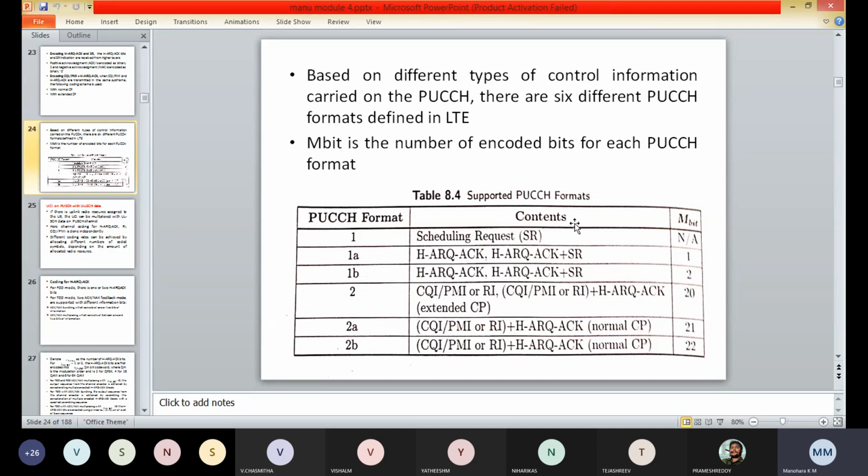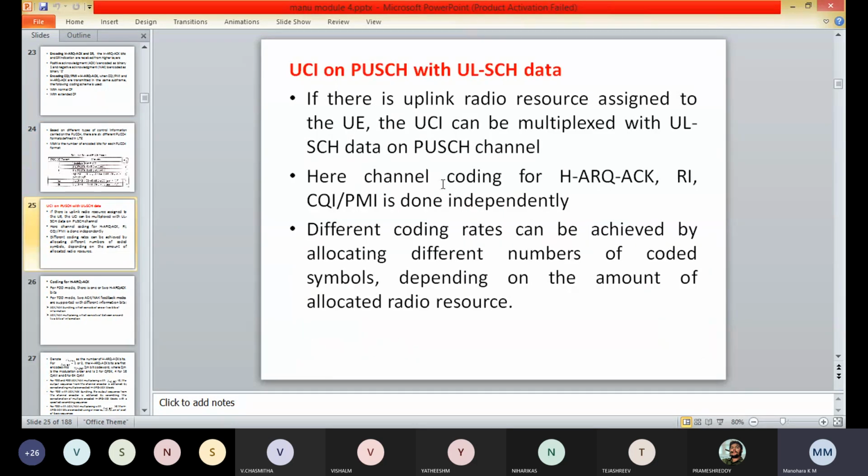Next we have UCI on PUSCH with ULSCH data. If there is uplink radio resource assigned to the user equipment, the UCI can be multiplexed with the ULSCH data on the PUSCH channel, and there is no need to send the scheduling request.